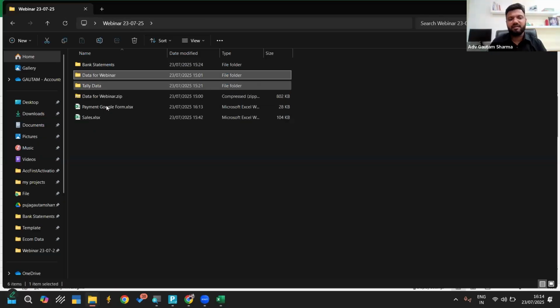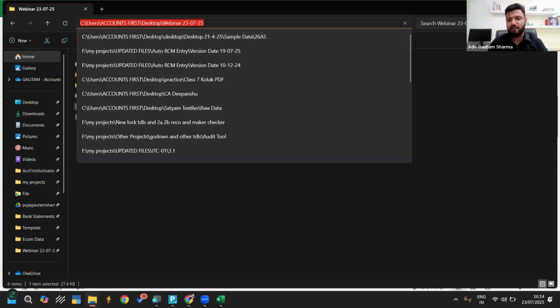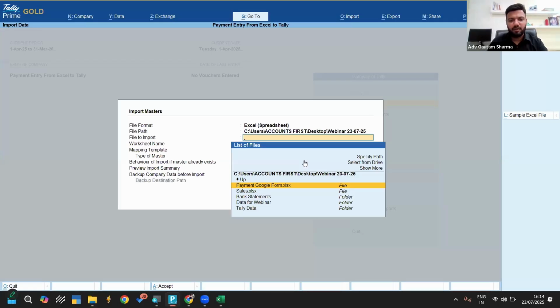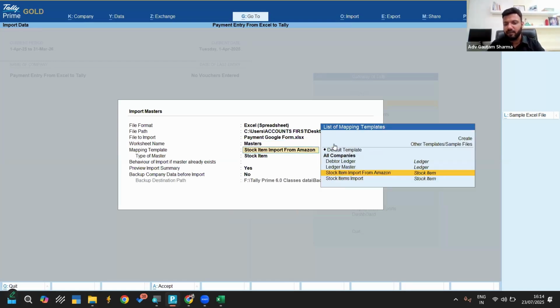The sheet is here in this folder. So I have to copy the folder path and paste it here, and then select the Excel sheet. I have to import the data from masters. So I will select master and then